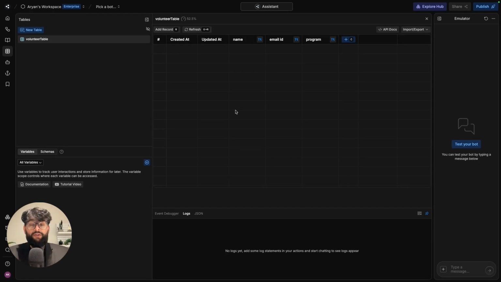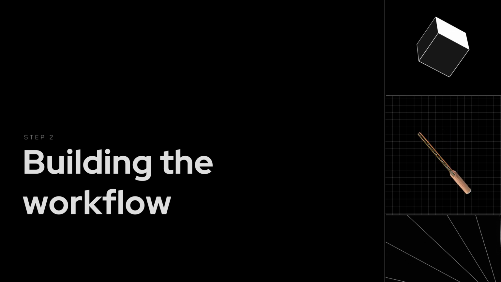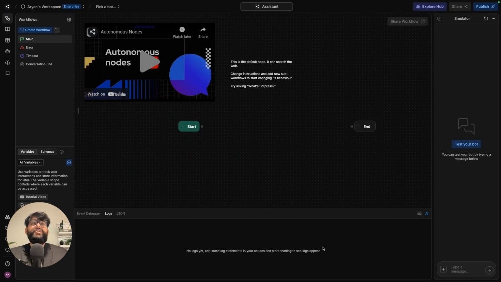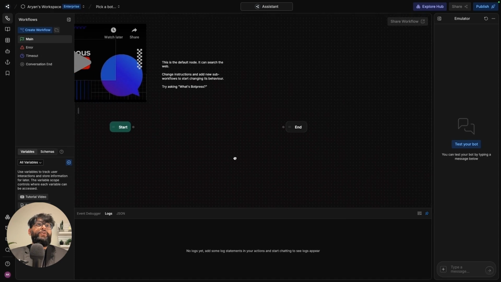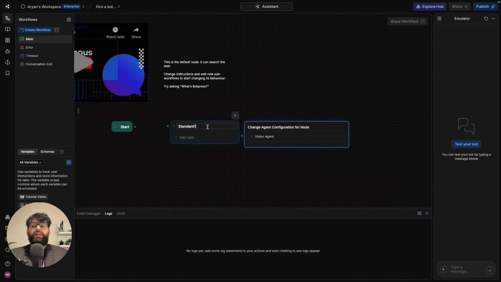Time to head over to the actual workflow and create the AI agent that is going to be conversing with the chatbots. All right. So once you are in the workflow menu, you can go ahead and create a standard node. Now, standard node is a simple predefined node that you frankly will have a lot of control on because you can directly tell the chatbot what it is supposed to say, what choices it's supposed to give and all that. It is not going to be using any of the Gen AI capabilities just yet. What we can do is